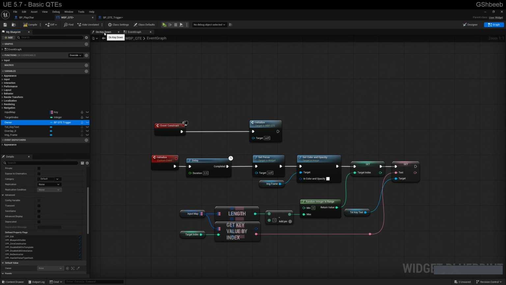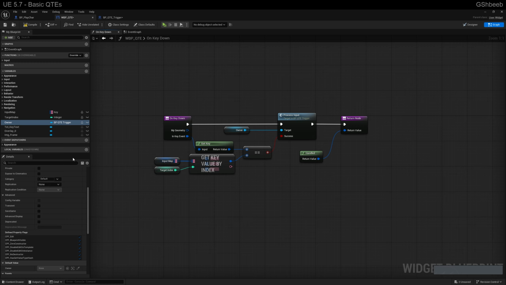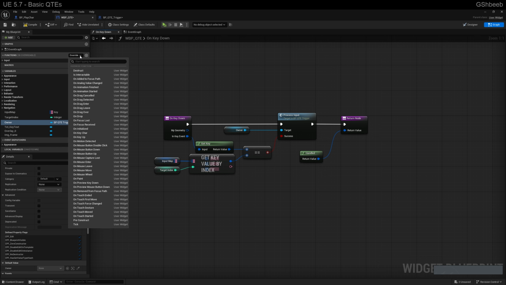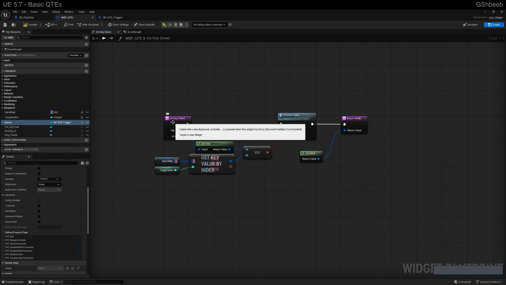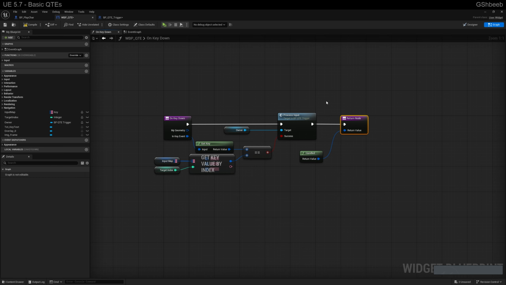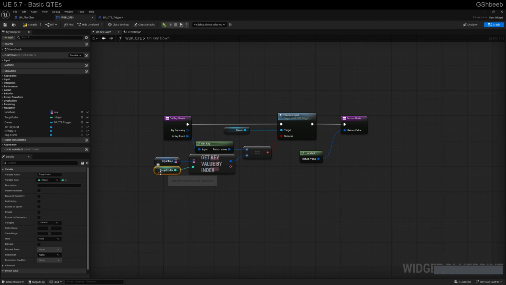When we go to our on key down function, if you want to get access to that without deleting all this, it is an override function. So we have the on key up, on key char, and the on key down function. When we override that, it comes in with this node here and this node here. What we want to do is take the in key event and pull off get key. This will tell us anytime that a key is pressed or a button is pressed on a controller or the keyboard or the mouse, it'll capture that. We're going to get the key out and we're going to compare it to the target index value from our